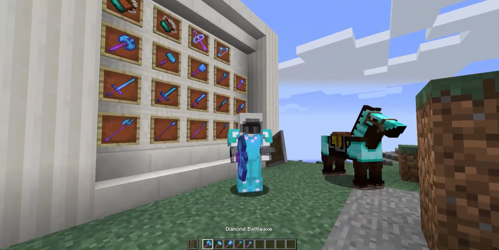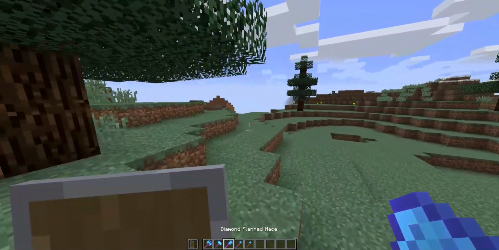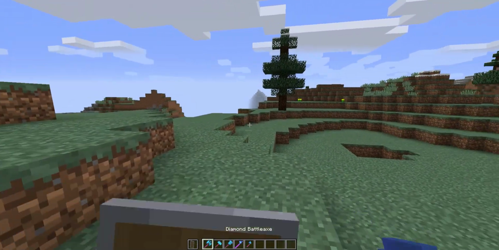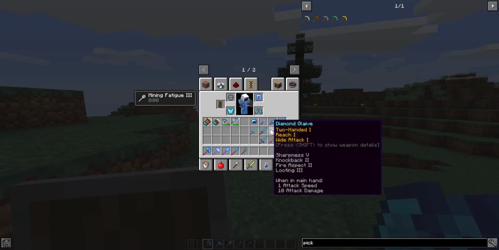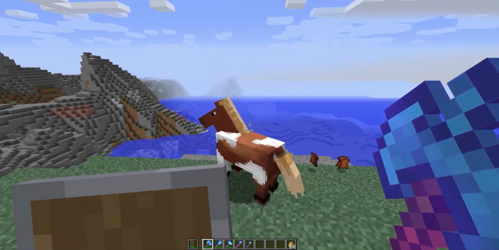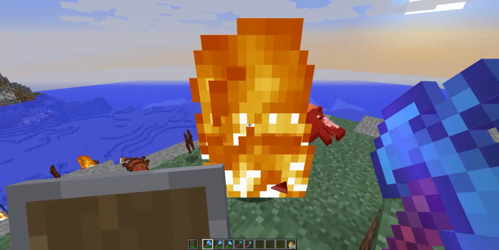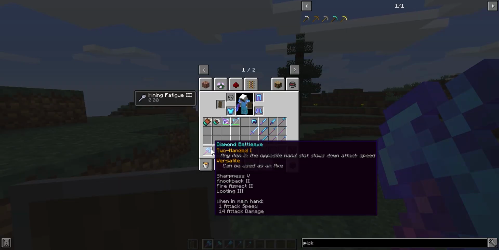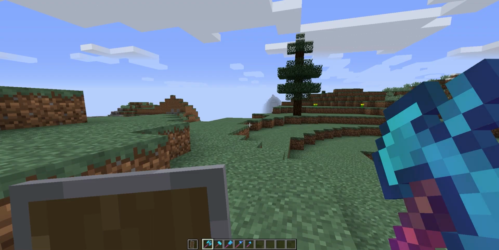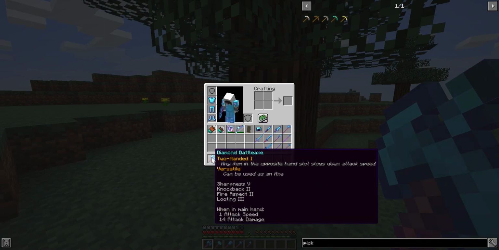Hello! Now we are doing axes, hammers, and maces, these things. There's others, but that's the category. Starting with the Diamond Battle Axe, two-handed, so if going over this quite enough, I think. Have something here, it slows it down. Pretty simple. Versatile, can be used as an axe. So in other words, this is a weird kind of two-handed. If any item is in the opposite hand slot, it slows down the...